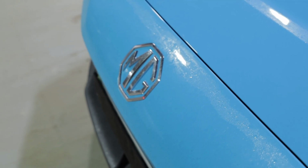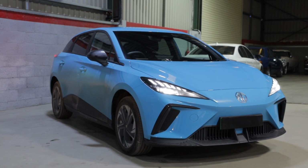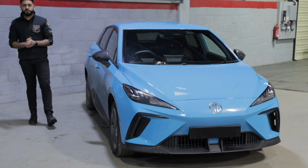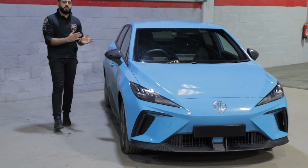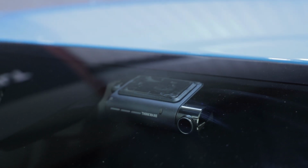My name's Ardil and today's video is all about this brand new electric MG4. Today we're talking about protecting the vehicle. The way we're doing that is by adding in a dash camera solution. What we've added on to this particular vehicle is something called a Thinkware Q800 Pro, a 2K resolution front camera